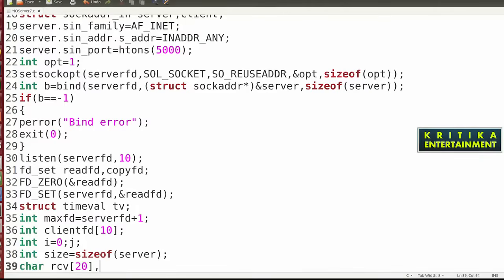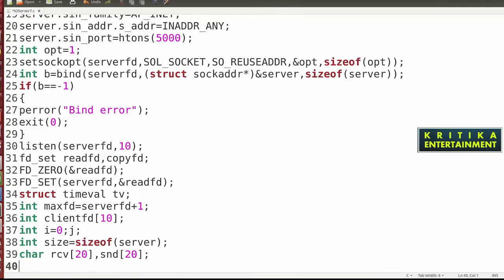Another is snd for sending purpose, also 20. Now I will declare int ret, because the select function returns a value, int ret.